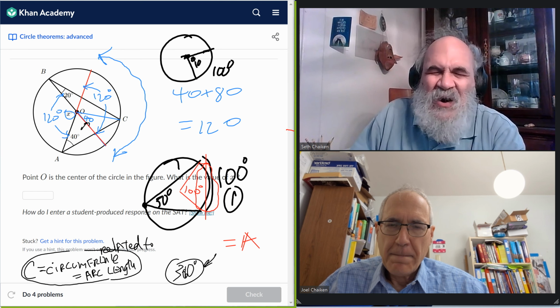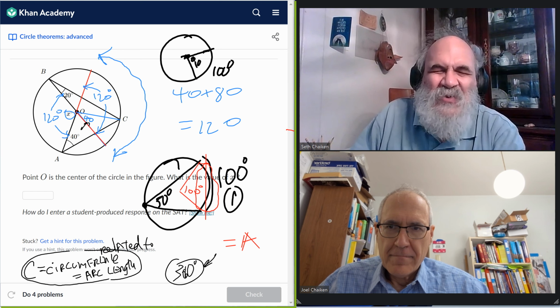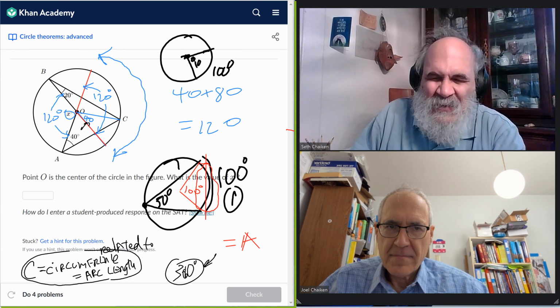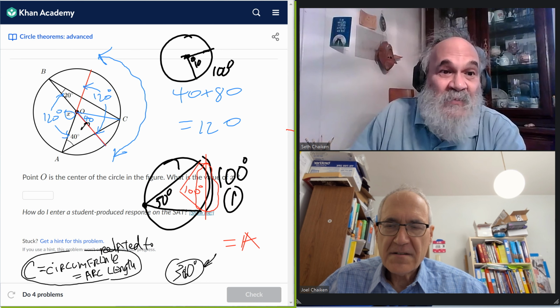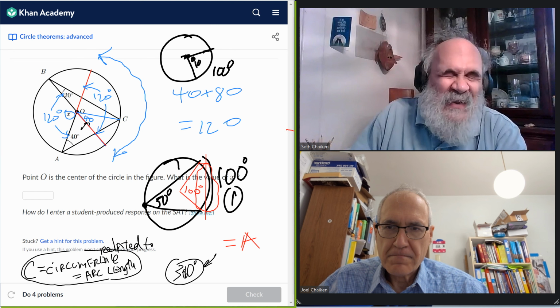And the way an arc of a circumference is related to an angle is via the central angle. Yes. And therefore, I drew the relevant radii in red. And that is why I'm interested in saying that the central angle